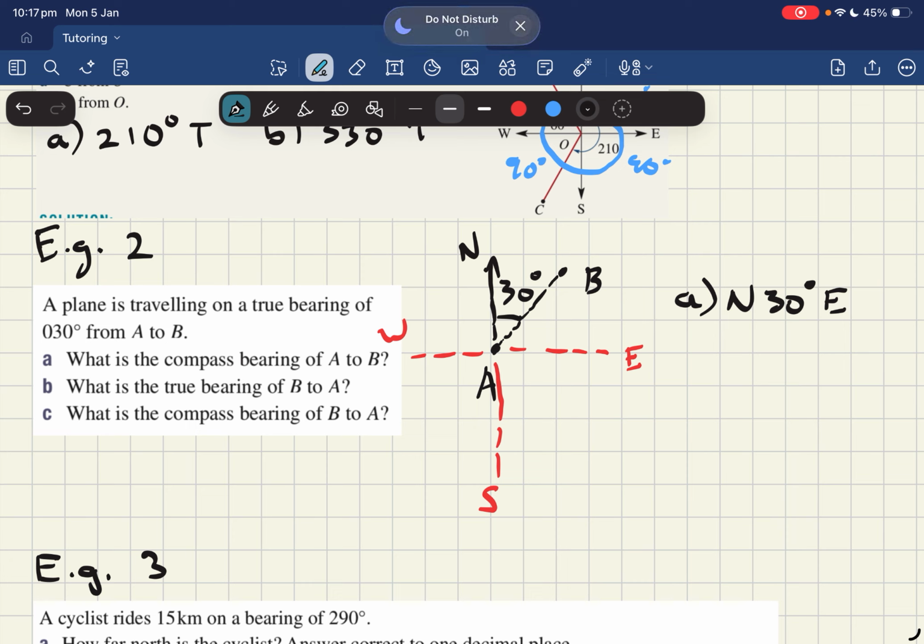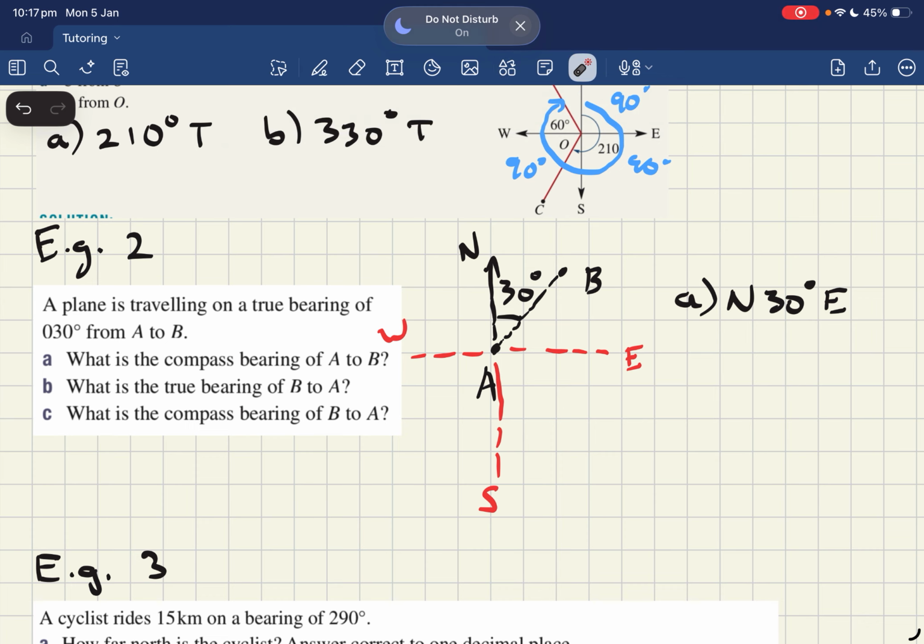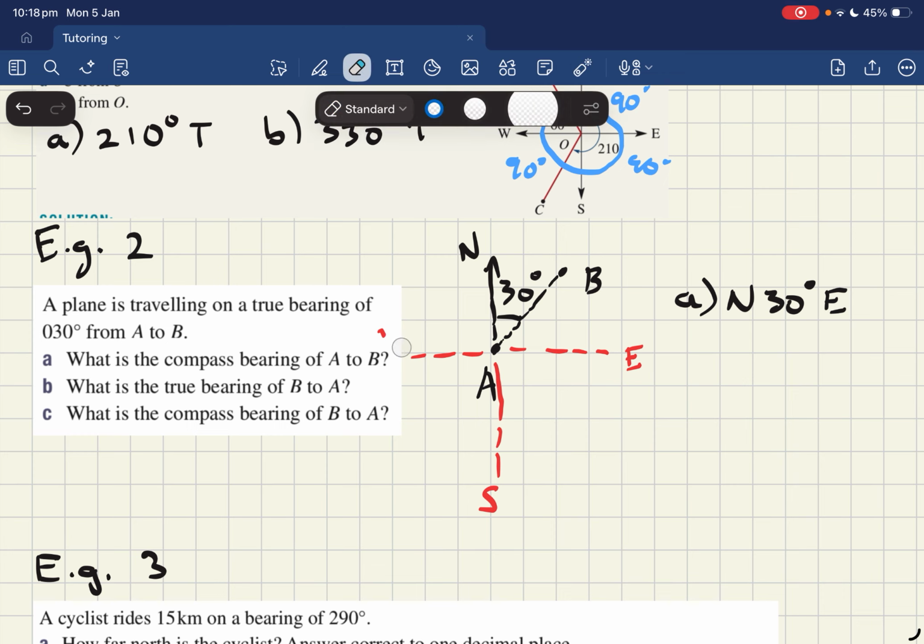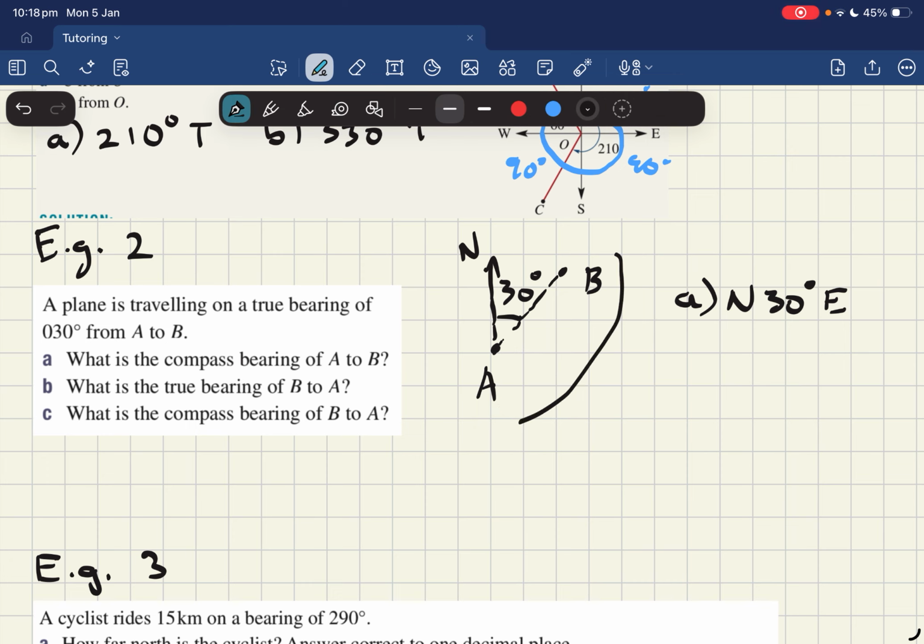Now, next part's where it gets a little bit trickier, okay? It's saying, what is the compass bearing from B to A? So A from B or B to A. Now, we're going from the perspective of B this time. So what we're going to be doing, just so this picture doesn't get too muddled up with all of this, because it can get a bit overwhelming, especially with bearings. If I move this picture down, apologies,